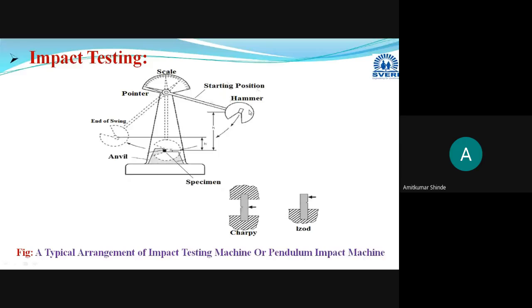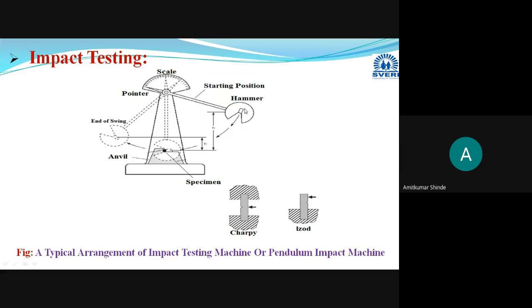Then you have to take the measurement of this mass. Then you have to take the measurement of the initial height. This is the initial height of the pendulum or hammer. Then, after fixing this test specimen, and after taking the values for the weight of the hammer and its initial height,